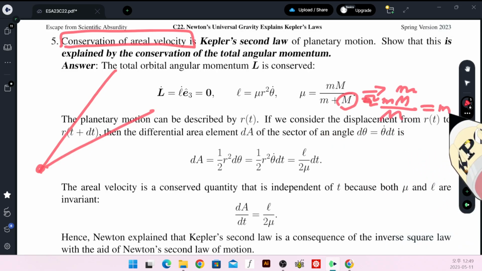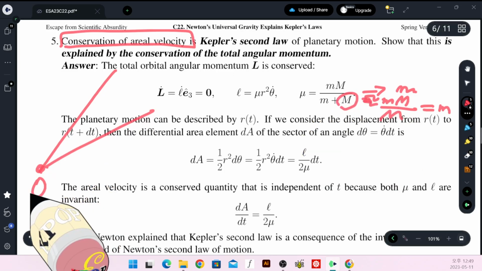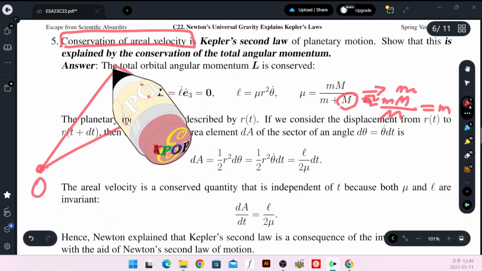In general, it is not true, but in that case, the sun can be placed at the origin, that is the center of mass, and the Earth swipes